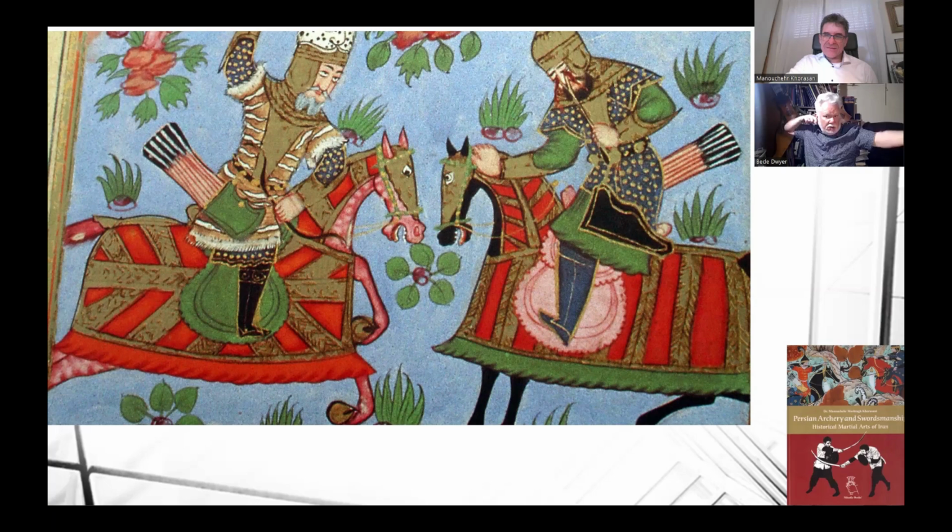So he's shot, the hand goes up, the bow comes across and down, then he reaches back into his quiver, takes an arrow out, and knocks it on the bow. He has to twist that arm like that, knocks it on the bow, and then brings it up and shoots. Now, it's not a hard technique to use, but it's a very hard technique to observe if you are on